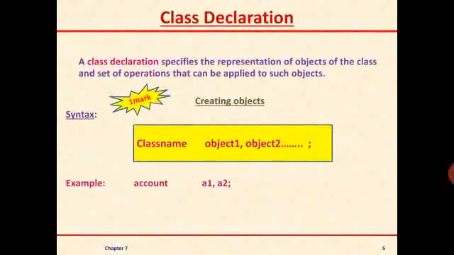For example, earlier we have created one class, account. So now I am creating its object. How to create? First we have to write the name of the class. The name of the class is account, so here we have used the class name as account. Now we have to write the objects. What objects have we taken here? A1, A2. You can give ACC1, ACC2, whatever object name you take, that will be created. But the syntax you must remember. This is the second step in creating the class declaration.